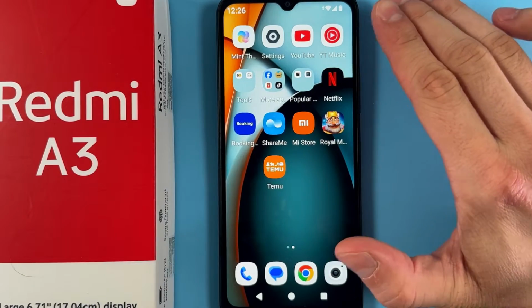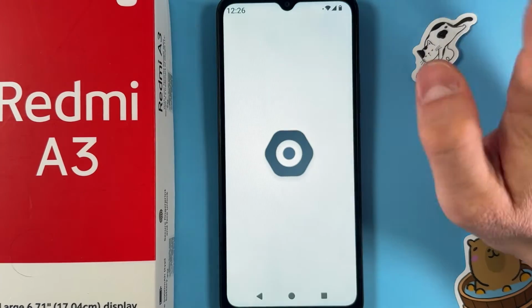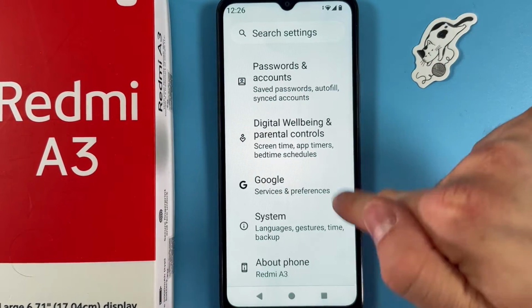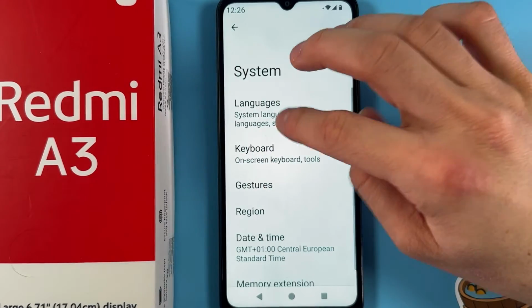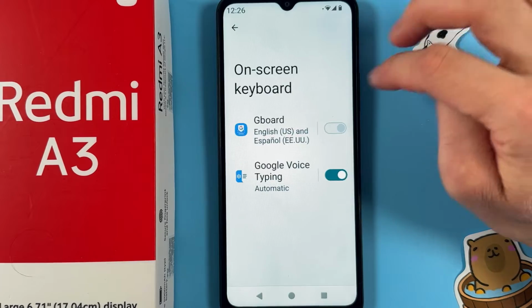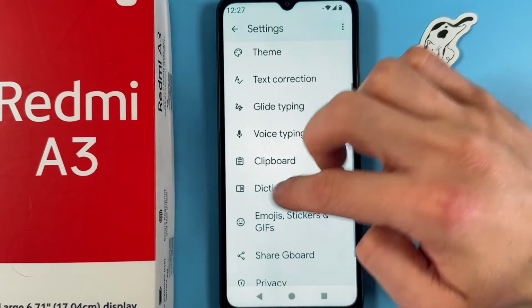Hello everyone, so if you want to enable emoji suggestions on your Redmi A3, first of all open up your settings. Now you are to scroll down to your system tab right here, almost at the bottom. Now choose your keyboard, choose your on-screen keyboard, choose your Gboard option, and here you are to find your emoji